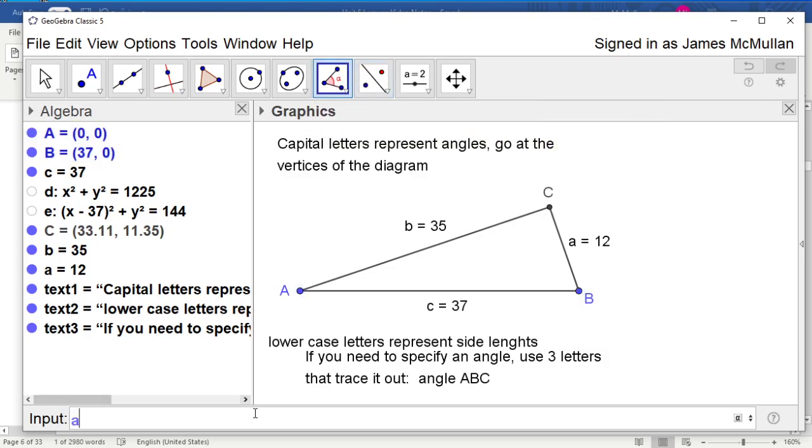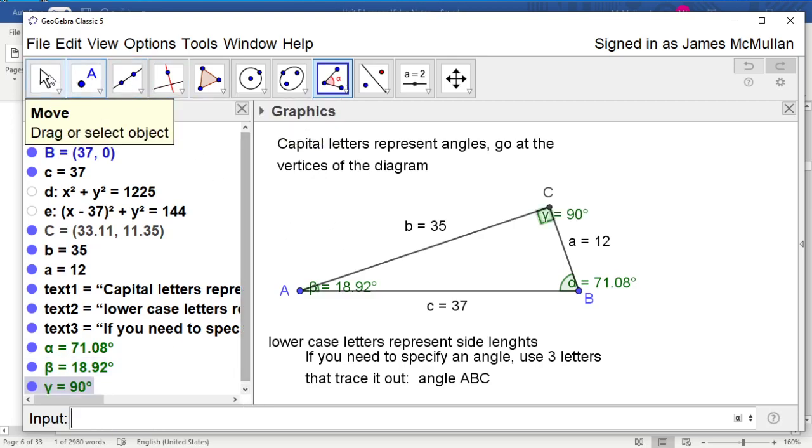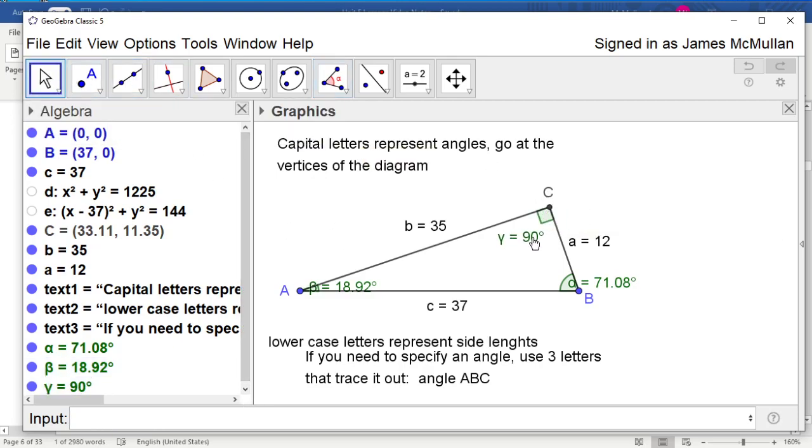So what I'm going to do is type angle CBA. Okay, so that goes there. Then I'm going to do angle BAC. And then I'm going to do angle ACB. Okay, and you can see that the answers we're looking for are 90, 18.92, and 71.08. And actually, doing this has made me realize that